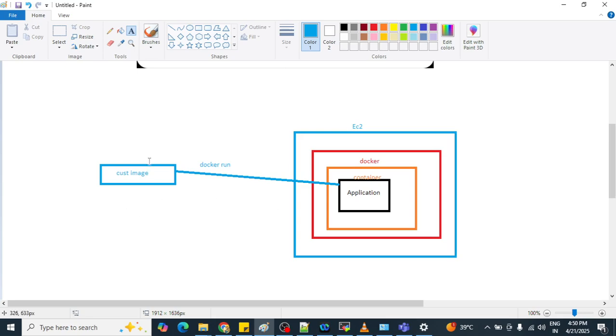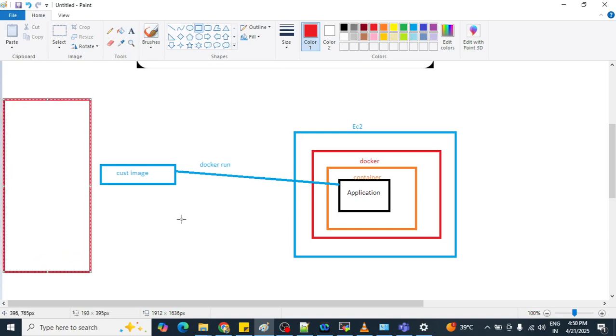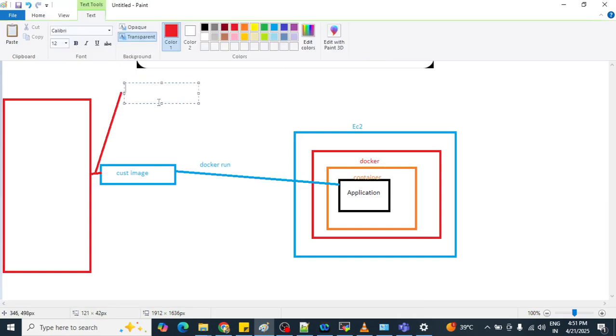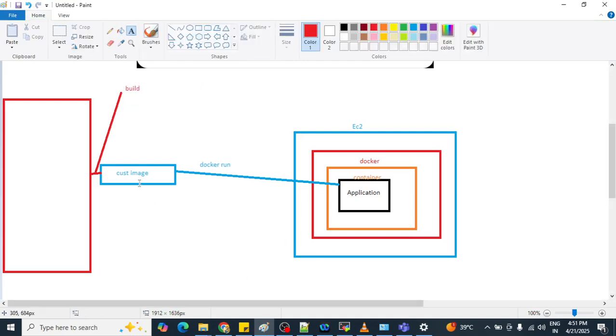and that custom image is coming from where? We need to write a docker file. We need to run that docker file, that is, build that particular docker file. Once we build that docker file, then the custom image will get created.